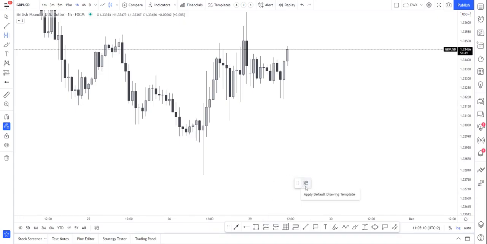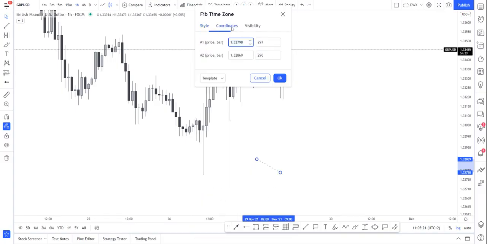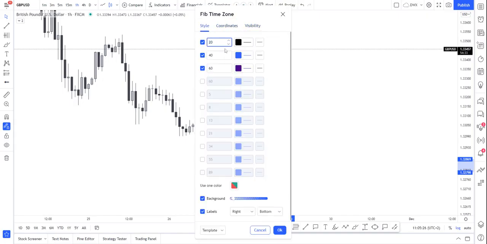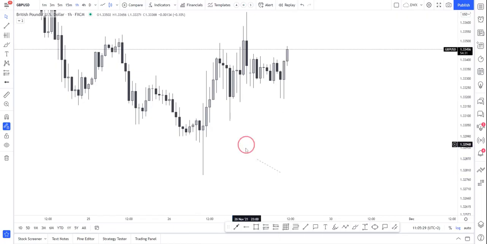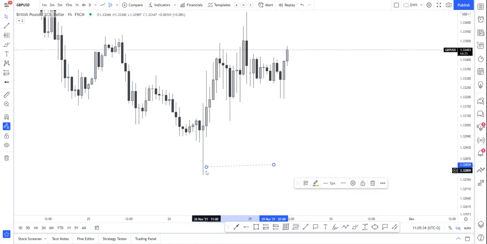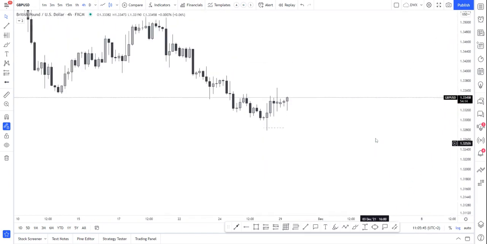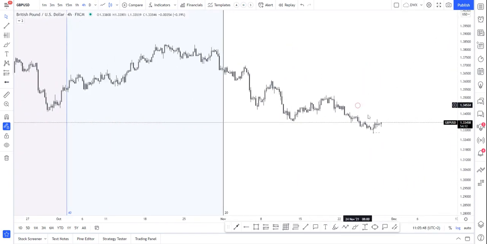I'm going to quickly show you the properties. These are the settings. We want 20, 40, and 60. You can change the colors, whatever you want to do, and you can just copy these settings. That doesn't matter, that's only the style. But we want 20, 40, and 60. So basically what you do is you place the first dot at 7 or 6, depending on if it's daylight savings, but currently it's 7 a.m. GMT plus 2. Now when we look at the 4 hour, we can know where is the last 20 days